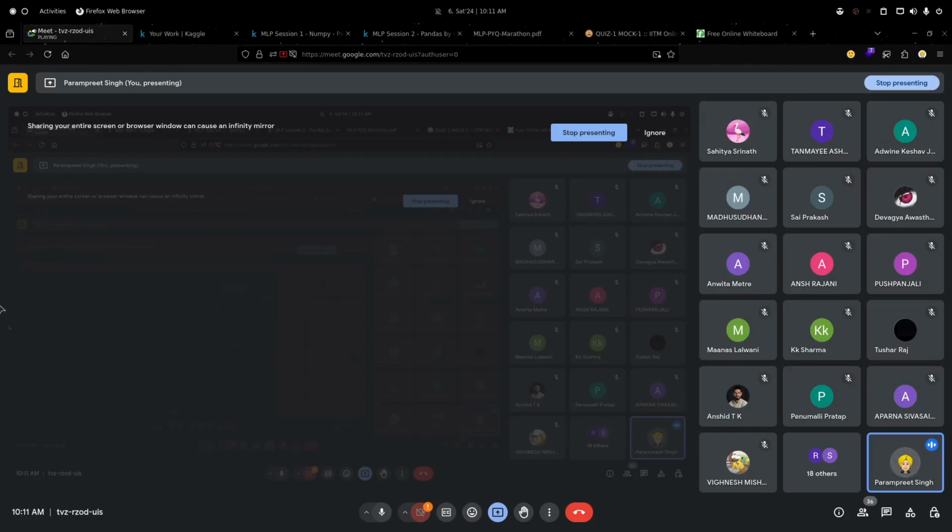Label encoder by default works similar to the ordinal encoder. It just maps it to their specific value.